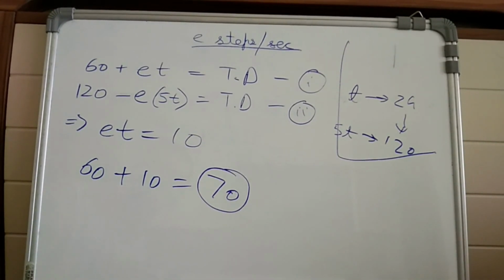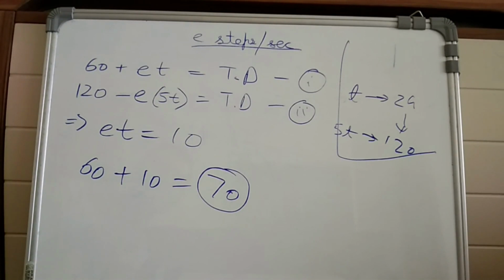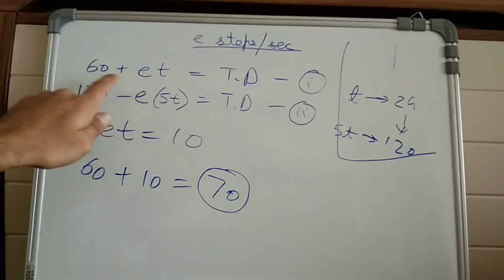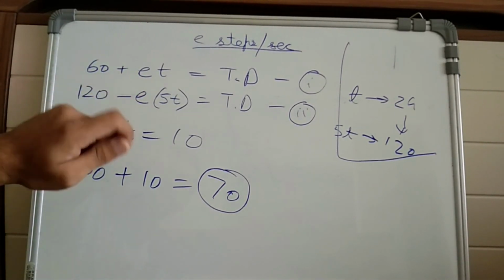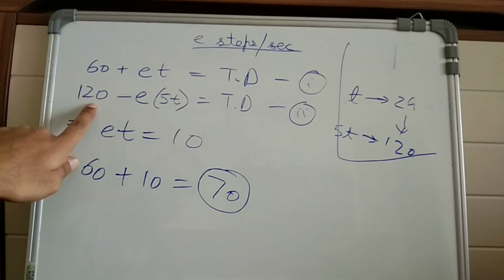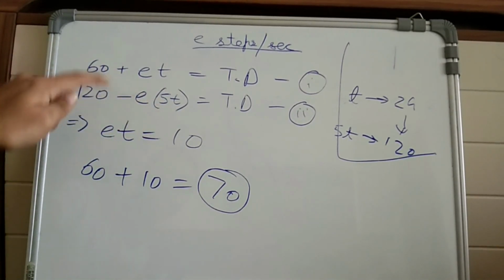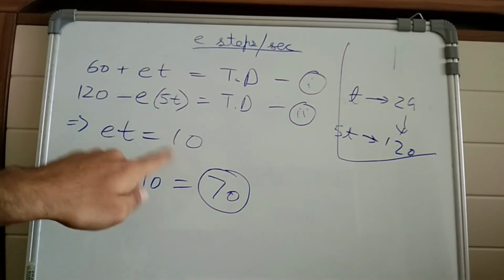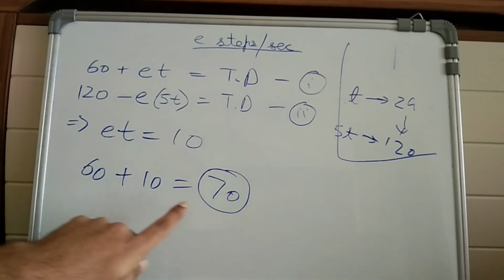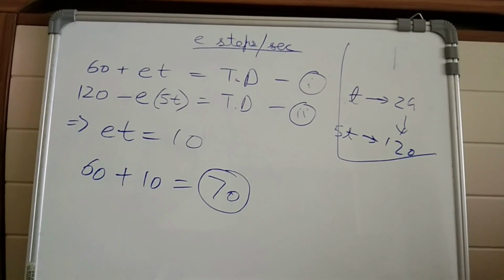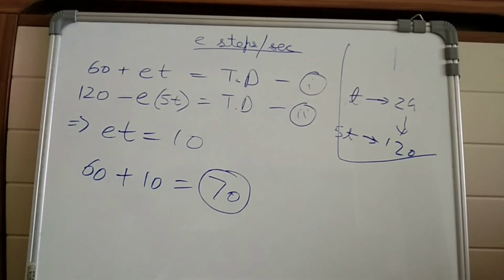So what I have done basically over here is the total steps on the escalators remain same, so I have equated them in both the equations. This is the total steps when I considered B, because this was the B steps, and when I considered A, this is again the total steps, and I have equated them, found out the value of et and put that value of et in the first equation. Hence I got my answer to be 70. So this was an easy question. So let's look at the other question.